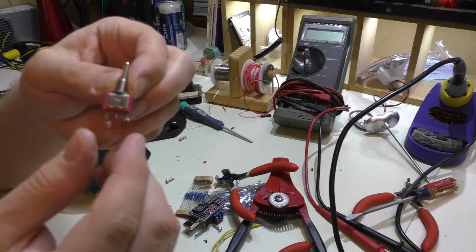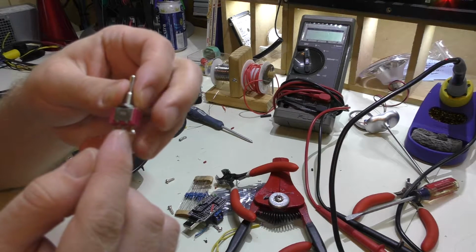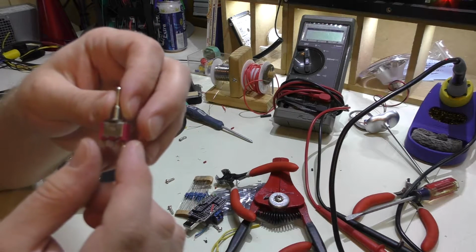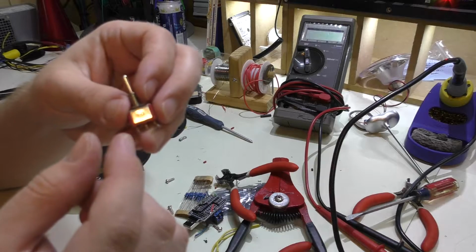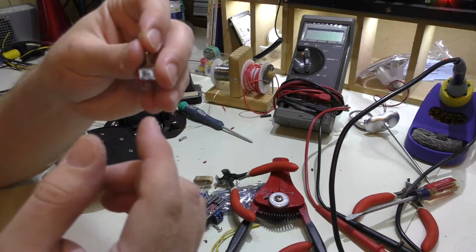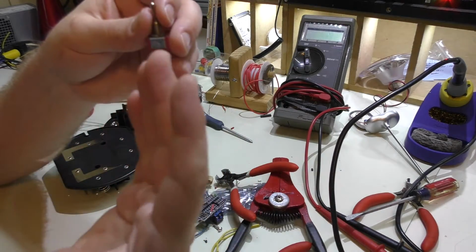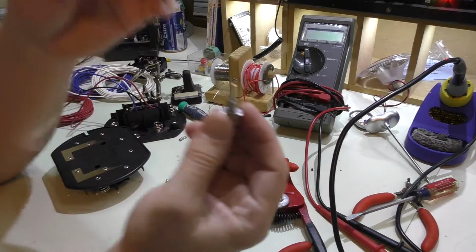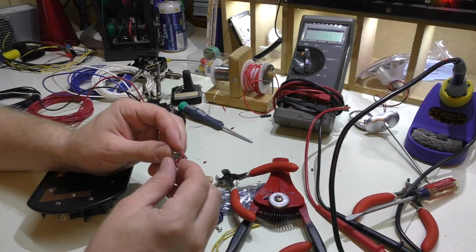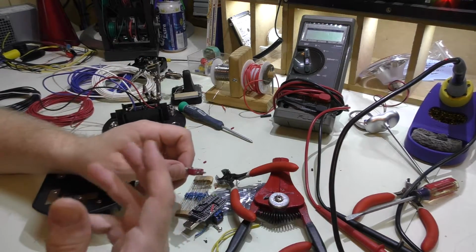Now this can be used for a variety of different things, but if you bring power into the middle terminal, then you can use it to go to 2 different ways, or you could use it to select like an input jack and a battery, and if you want to go like DC in or battery and off in the middle for power, or for off, obviously, I've done that. But in this particular situation, I'm going to use it to bring power down to the board and activate the board